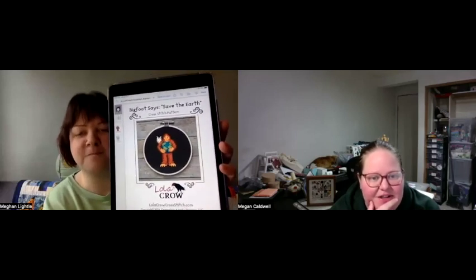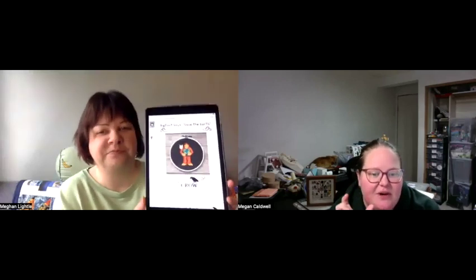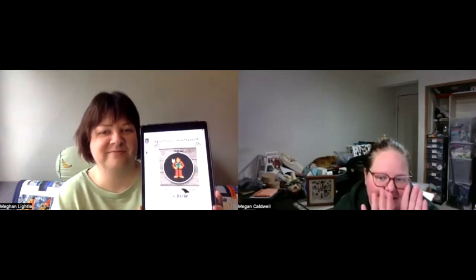And the pattern set is just amazing. And oh, I love this. I'm definitely going to do this one. I did the one by her that's the heart one for Daniel. Yeah, right. And so I need to stitch that so I can put it in another little